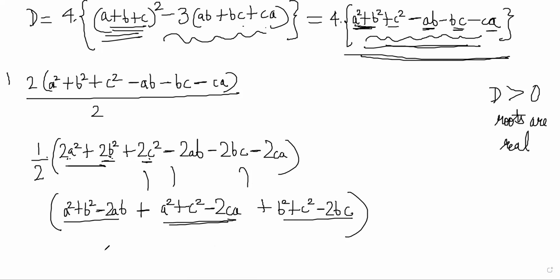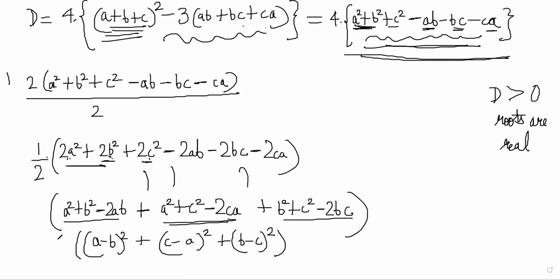Right? And since all squares are greater or equal than 0, that will also be greater or equal than 0. So the discriminant is definitely positive. So basically, roots are definitely real. So pay attention to this transformation. It's very important, comes many times.